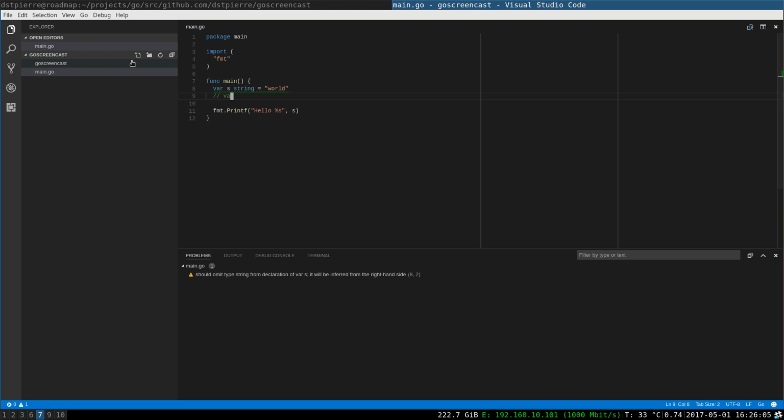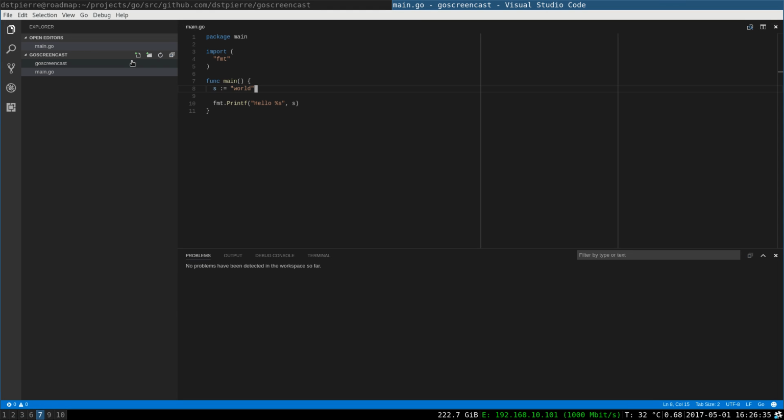Just like in JavaScript, for example, you would do something like hello and the like. But there is a way in Go to do that in one single line, and it's by using the colon and equal sign. So that means that we have a new variable name on the left, and this is the value that we want to assign to it right away.